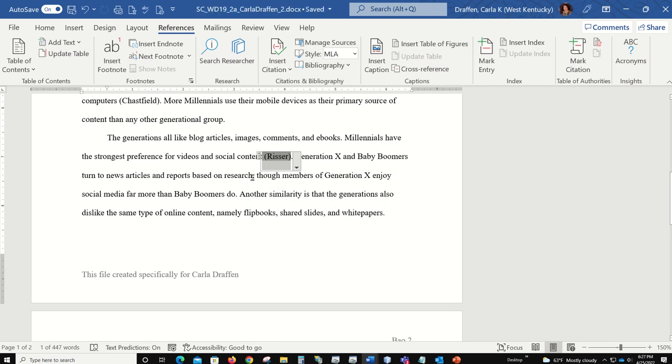Now, in that same paragraph, before the period at the end of the sentence, another similarity in white papers. Before the period comes another citation. Insert a citation to a new source, and they've given us the information. So, insert,